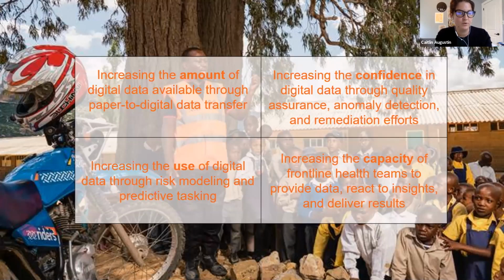The next problem that we found that was continuously brought up was, okay, we have digital data. How do we increase the confidence in that digital data such that it could be used for data science, such that it could be used to help solve these resource problems? So what we said is, you know what, at a platform level for these digital data collection systems, we need to have quality assurance. We need to have anomaly detection, and we need to actually have remediation efforts, because just identifying bad data isn't enough if you don't know what to do with that bad data. Sometimes bad data is a typo where you say someone is -5 years old rather than 5 years old. Sometimes it's far more complicated.